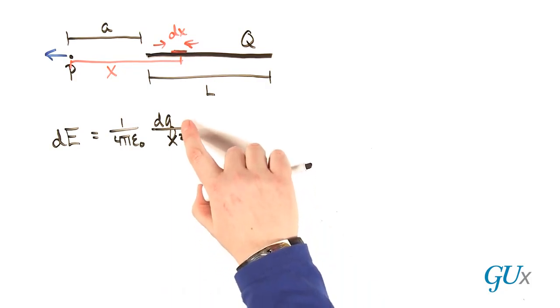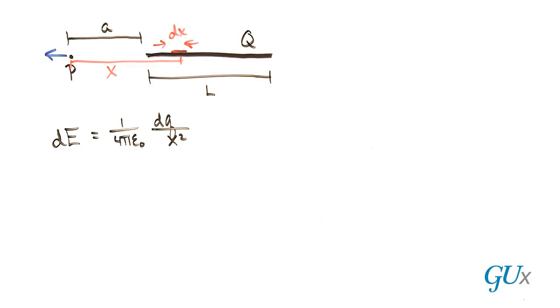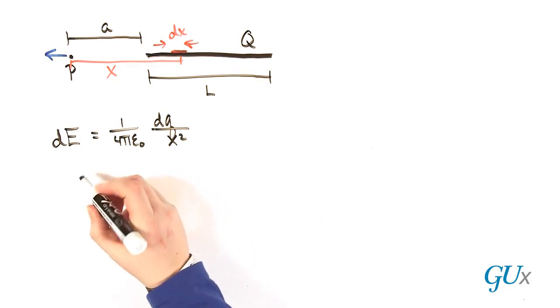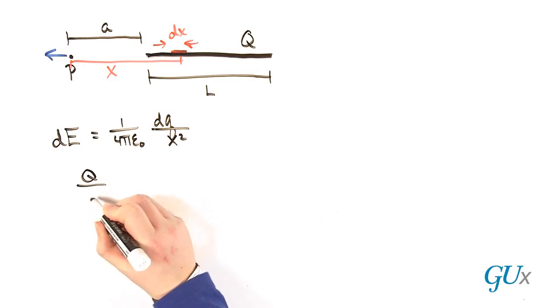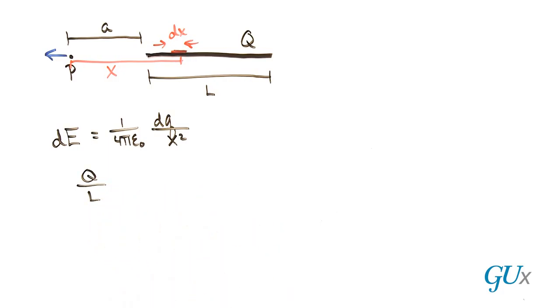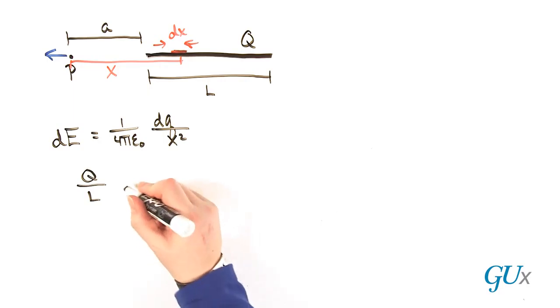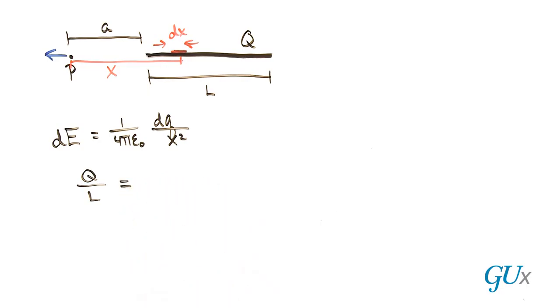So what is dQ, the charge of my little piece? If the whole rod has a charge Q and a length L, and if that charge is uniformly distributed along the rod, which in this case it is, the charge per